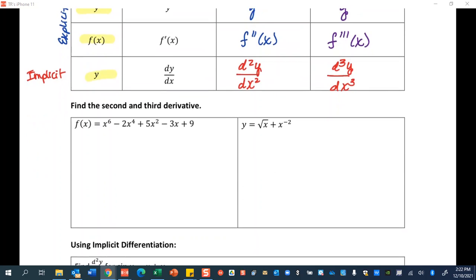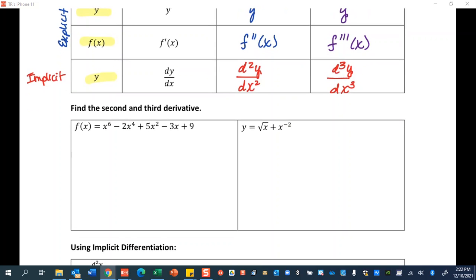So when we find my second and third derivative, just because we know how to do implicit functions doesn't mean they're always going to be implicit. So when we go ahead, we can just say here that my first derivative is going to be equal, and this is just my power rule, to 6x to the 5th minus 8x to the 3rd plus 10x minus 3. Not a problem. So then when I go to take my second derivative,